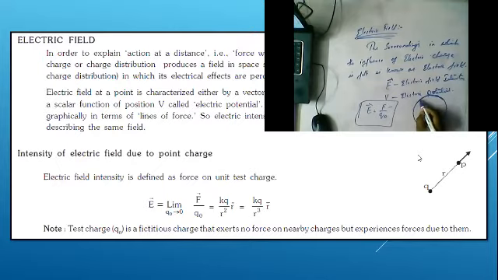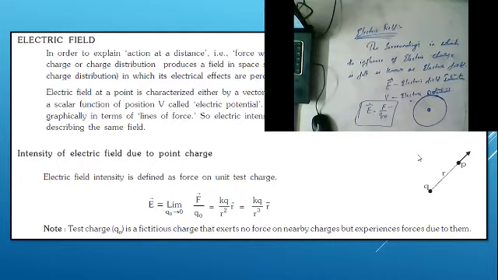Now, still far away, so some more, and completely far away, you won't know, you won't care at all. So this is the point. Here, electric field means what? How much area his influence is felt. I mean, a charge's influence is felt in how much area, that is electric field. And what is the electric field intensity at one point? How much is that electric field, or the force per unit positive charge? That is called electric field intensity.